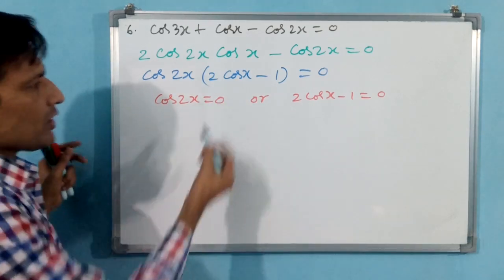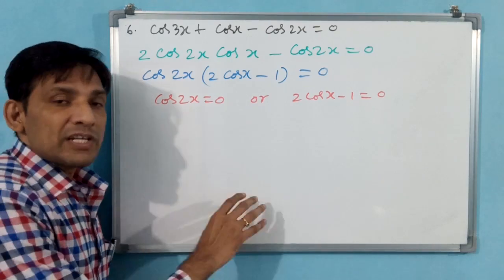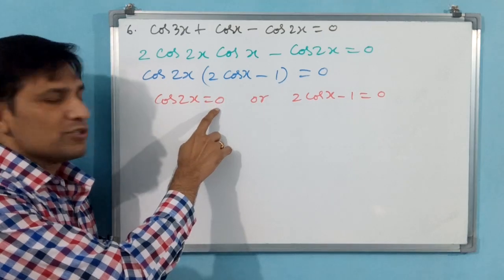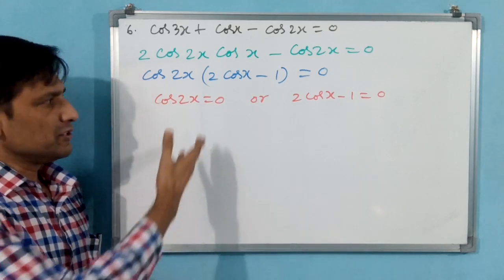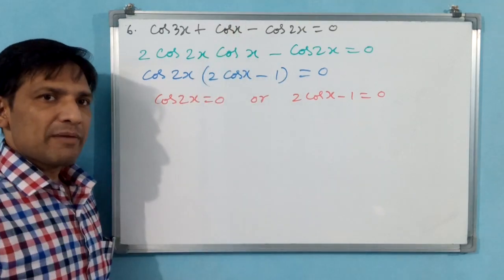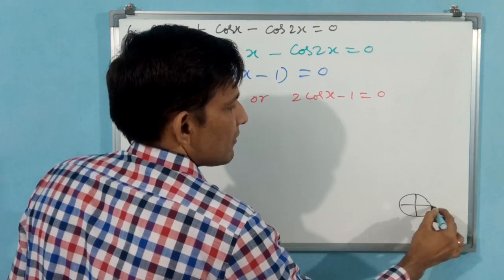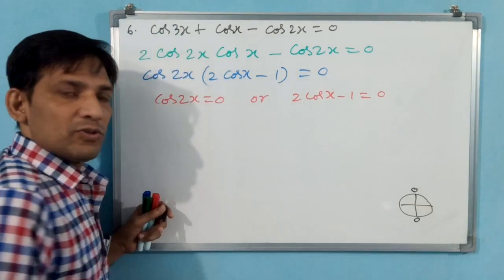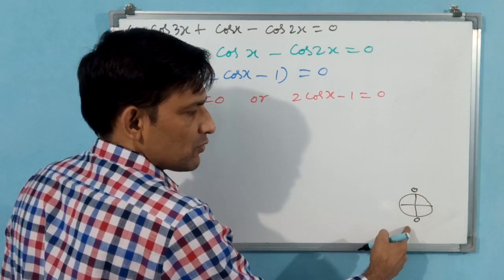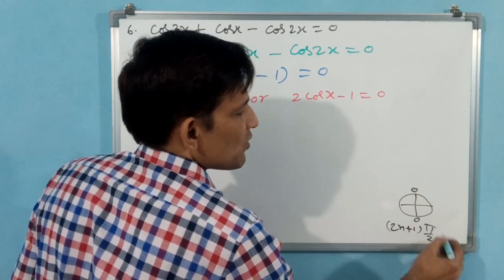A into b is equal to 0 means a is 0 or b is 0. Okay. Cos 2x is equal to 0 means, see, I told already, you don't go for general solution equation when it comes to 0. When it comes 0, don't go for general solution equation. Simply you take that n pi or 2n plus 1 pi by 2. For cos, which one? For cos, these two areas are 0. These two areas means 4n plus 1 pi by 2, 4n plus 3 pi by 2. Together is going to become 2n plus 1 pi by 2.